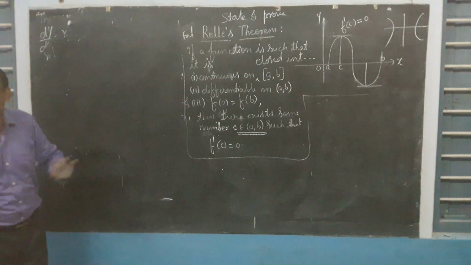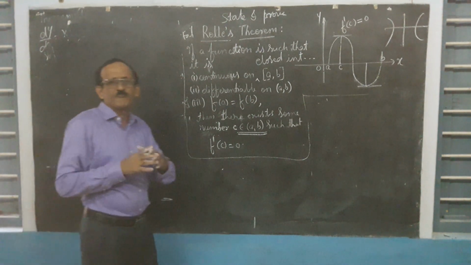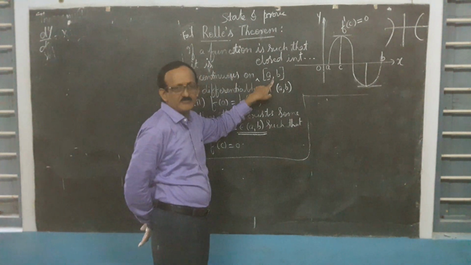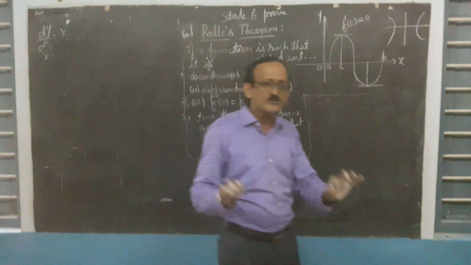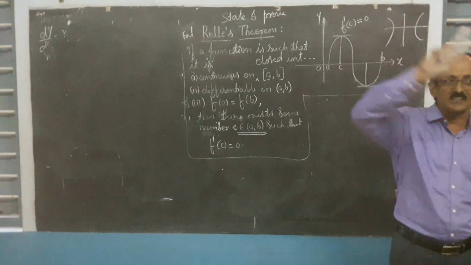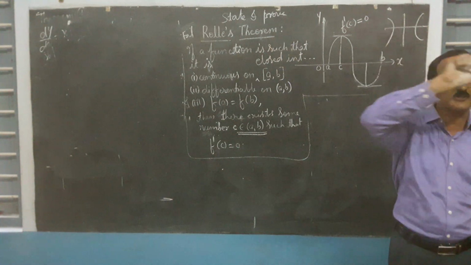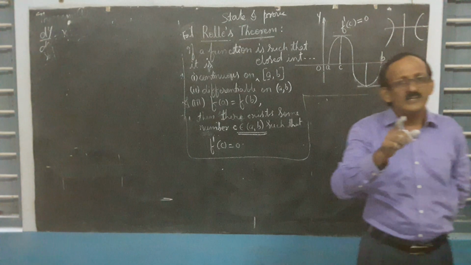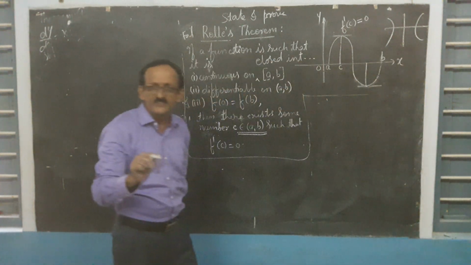Now look at the proof. I'll quickly give the proof. Assume that the function is continuous in the closed interval AB. If the function is continuous in the closed interval AB, we have to mention two theorems at the start of the proof. First, the extreme value theorem. The extreme value theorem says that